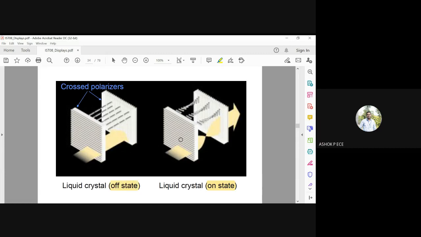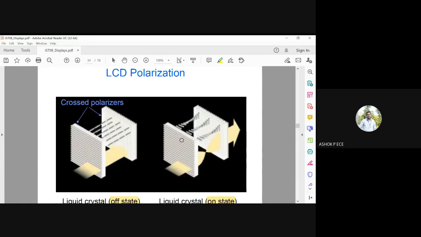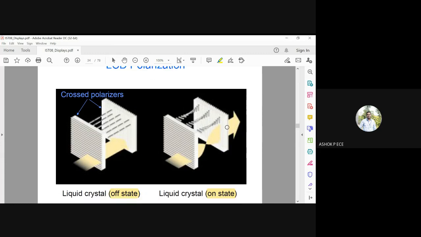So very simple. The LCD works on polarization only. By polarization, we make the crystals exhibit either one among the two states called off state and on state. So if no field is applied, the crystals will be randomly oriented in their own direction. If a compelling force or a twisting force is applied, this will also change the orientation of crystals which are present along the field. So the crystals will be oriented along the field. They will be changing their direction and slightly bend towards the field.